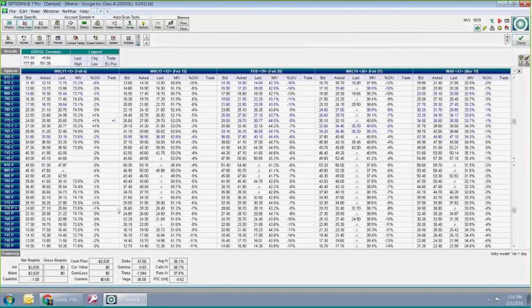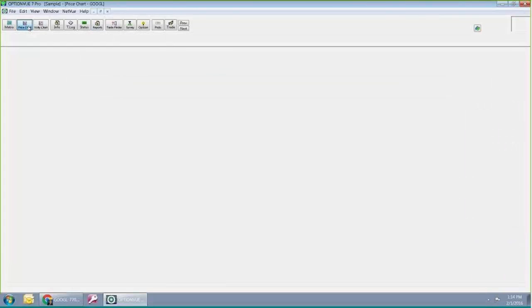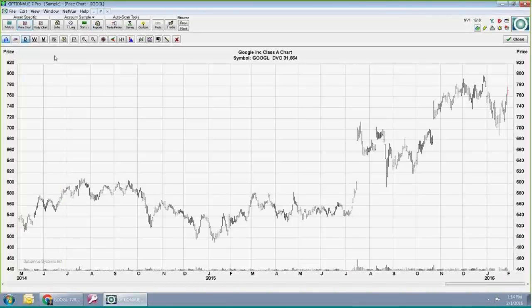So let me go back to putting the straddle in here, and I'm going to go look at the price chart. In the price chart, there's also some special things for earnings, such as this, clicking this E here turns on these little triangles. It's showing when the earnings announcements were for Google.